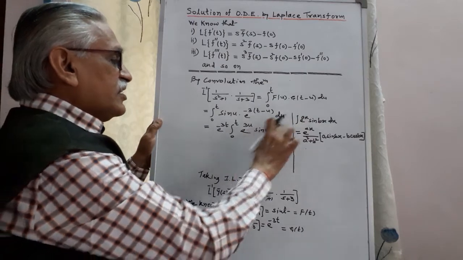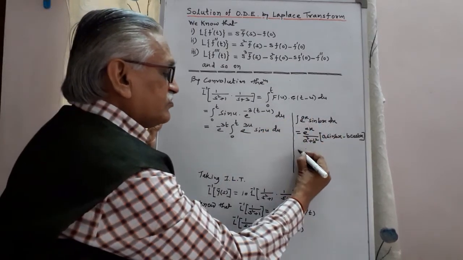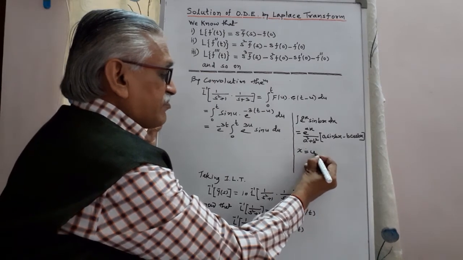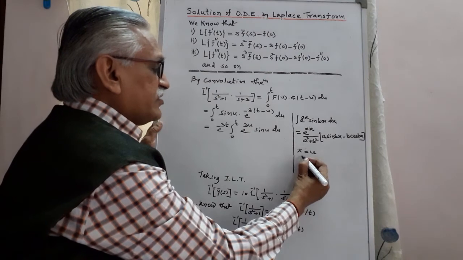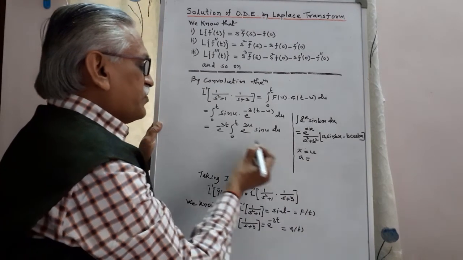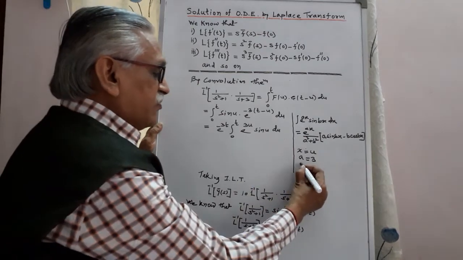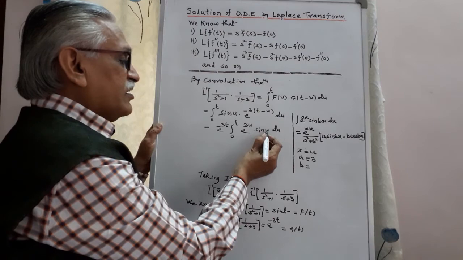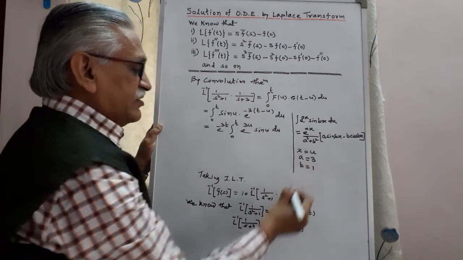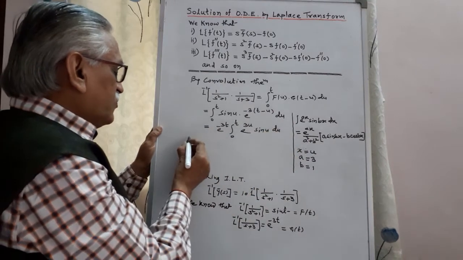Comparing this result with the standard result, x is here u, the coefficient of x in e raised to ax is a, therefore here the coefficient of u is 3, and in sine of bx, the coefficient b of u here is 1. And then applying this result,